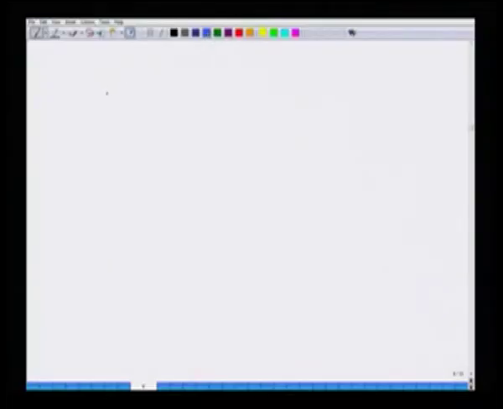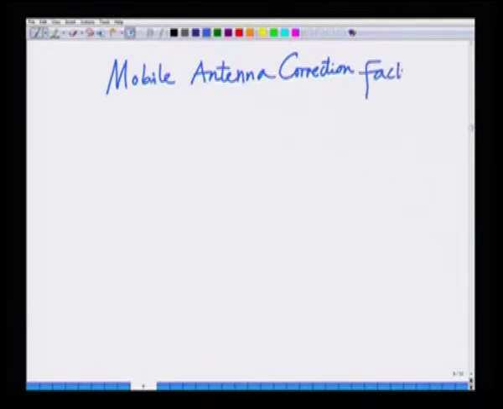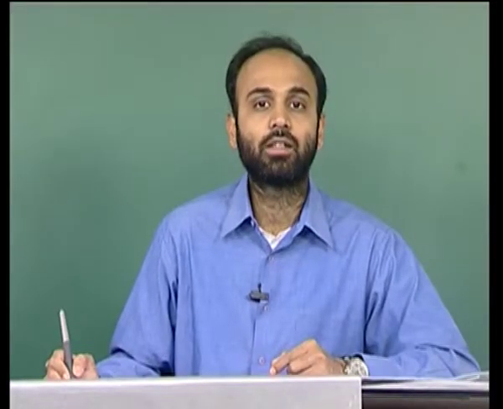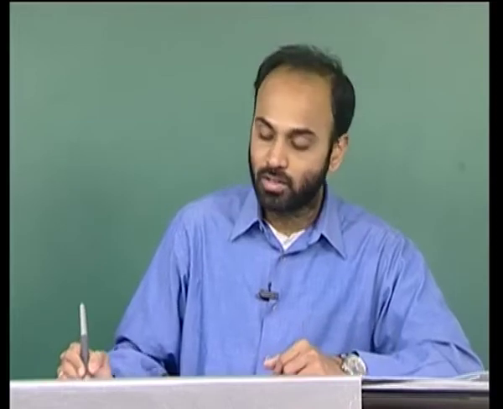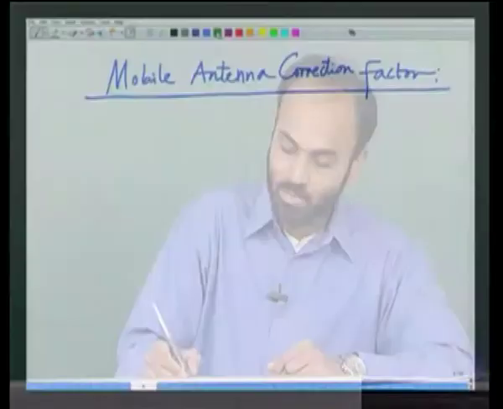So, let us look at the mobile antenna correction factor, that is nothing but A(HRE), and there are two different expressions, one for a small to medium sized city and then for a large city. So, for a small to medium sized city,